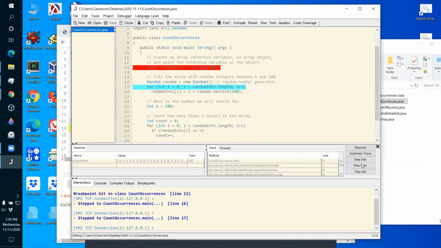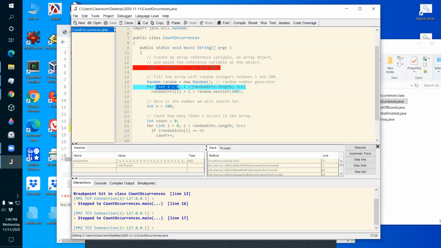Okay, so I'm going to start stepping through the loop. Oh, let me see my loop variable i. Okay, now why is it not found? Why is i not found? It's right there. Is it because i only exists in the for loop? Yeah, and where am I right now? I'm at line 17. I just got there, but what am I about to do? I'm about to do this, just like in the visualizer.